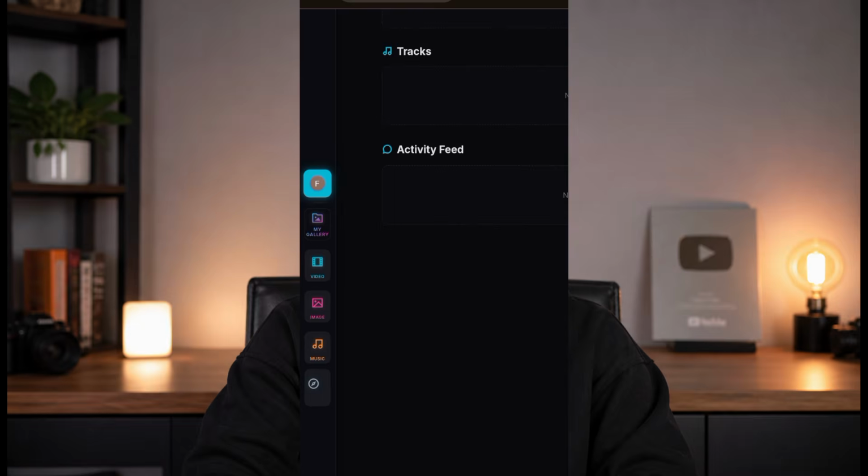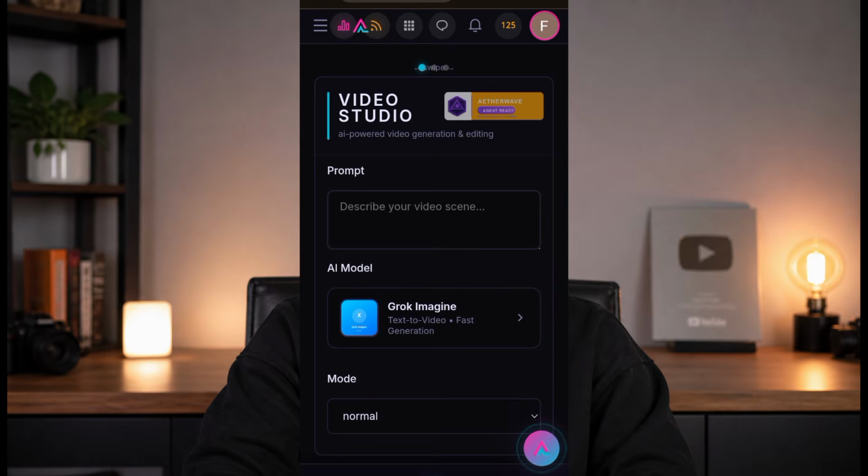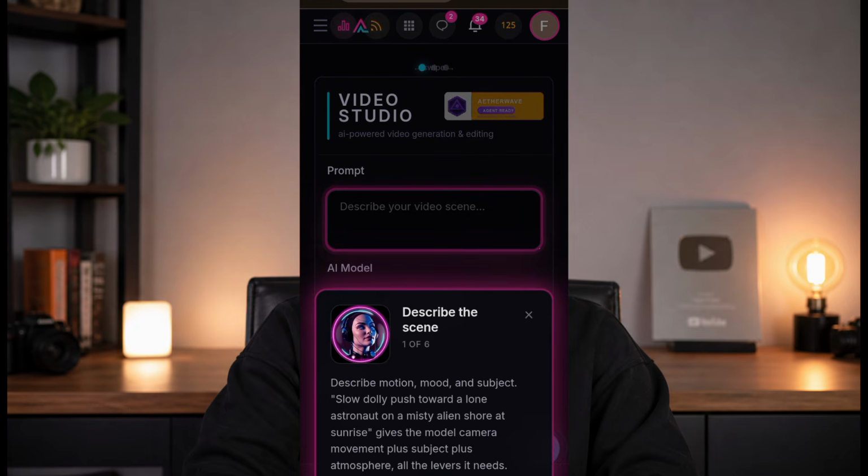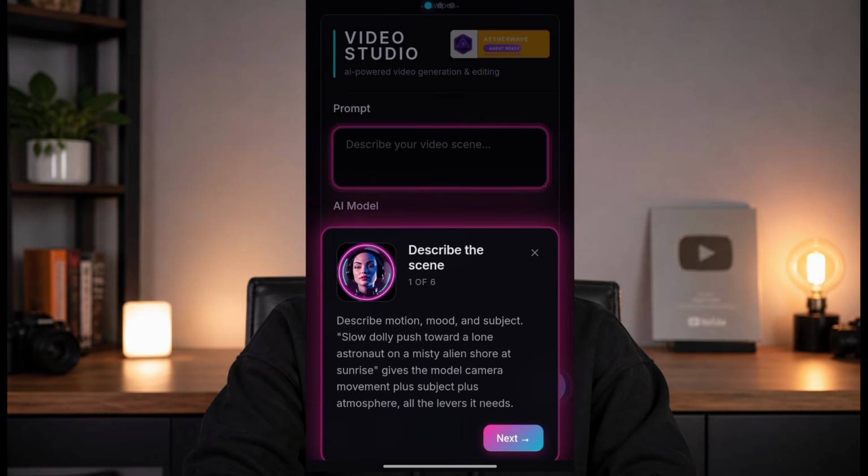So here you're going to come and select your video and wait for it to load. Good, we are already in the interface here. Now the video says describe the scene. If you have time, you can read this: describe motion, mode, subject, slow. Now listen,